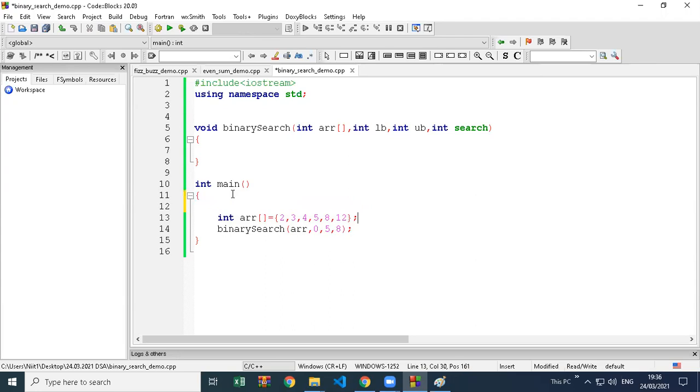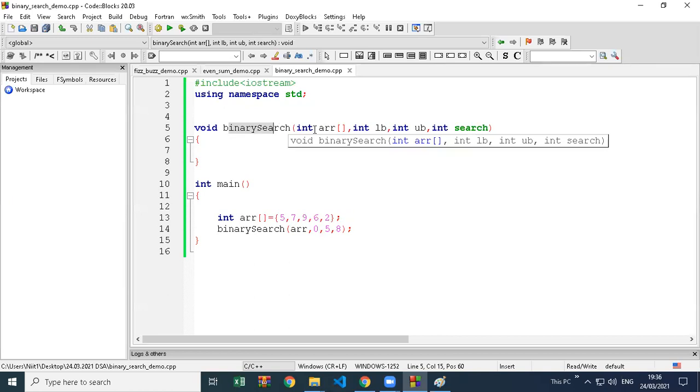What happened in sorting, if you remember, in sorting we have this array with random numbers 7, 5, 7, 9, 6, 2, like this. So your data is not actually sorted. When you pass the array, you know that this function is going to sort the data in the sorting demo, not this demo.